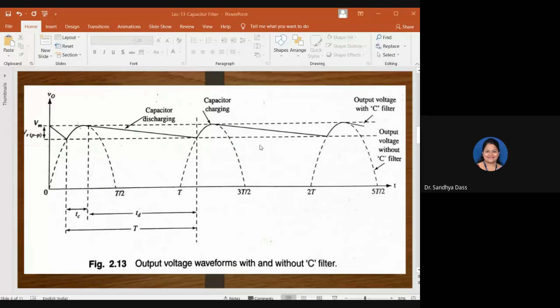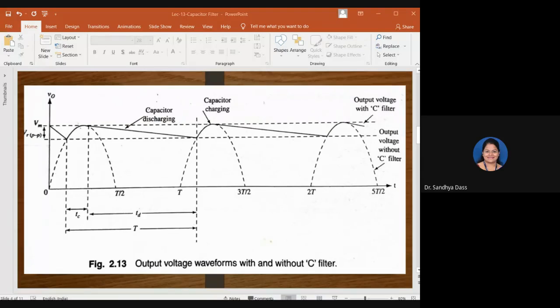Are you with me so far? Is there any clarification, or do you want anything to repeated, or shall we proceed to the full wave rectifier? Anyone want me to repeat any point there? Mind you, for the full wave rectifier, you will be explaining the working. Are you with me?